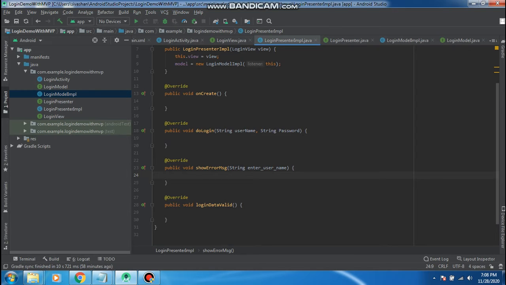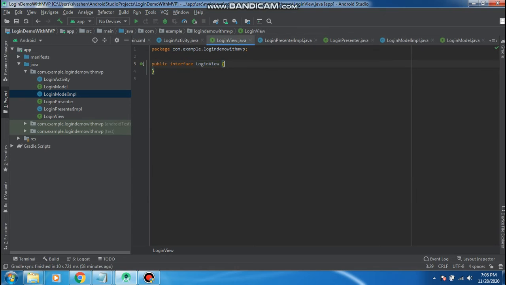Before I call the view method, I should declare the methods here. Here I declared the show toast message function.